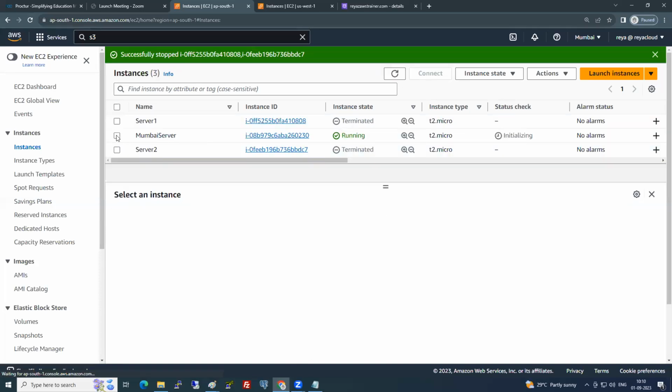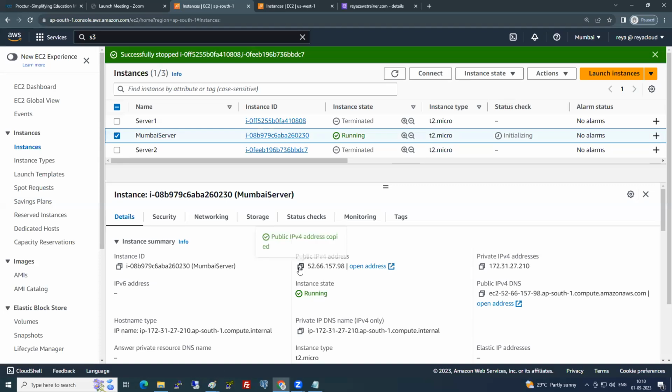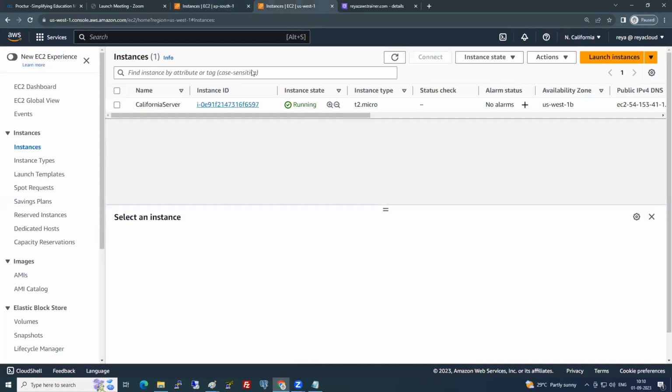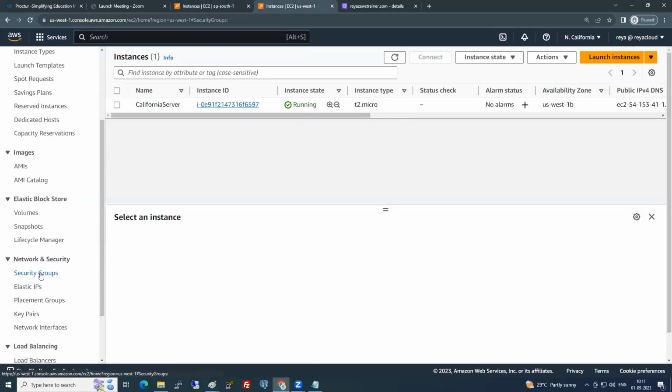It's initializing. Okay, so you tell me, this server I'll be accessing myself. Manish also should access that website, right? So for Manish, which EC2 instance will respond? The California EC2 instance. That means for California we have the security group, no? So in that security group, what is the inbound rule that I need to give? HTTP, my IP or anywhere? Then only he can access. Otherwise, he cannot. So let me go to the security group here